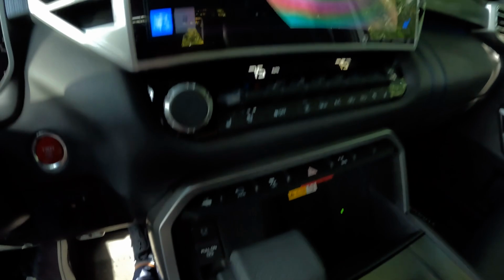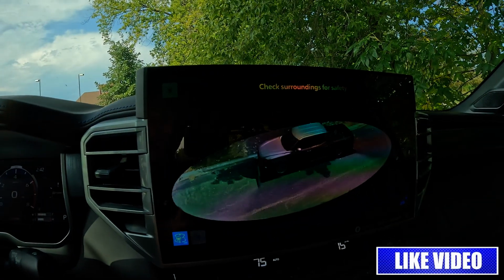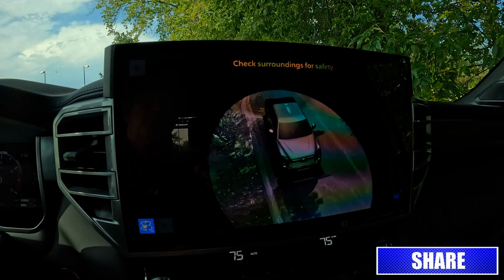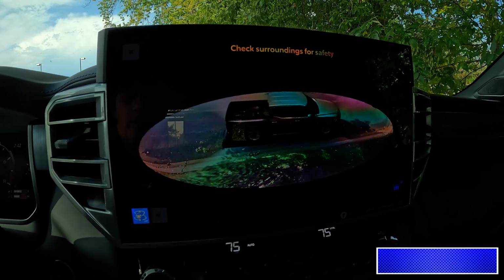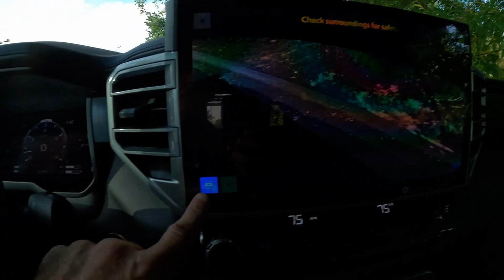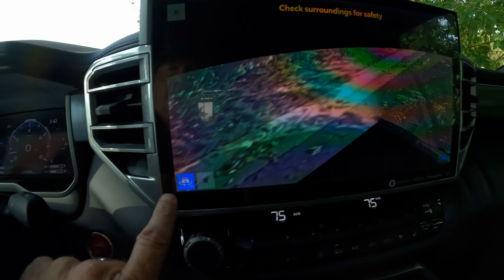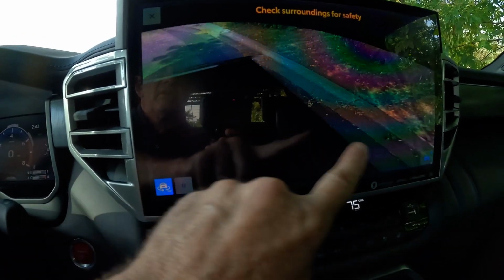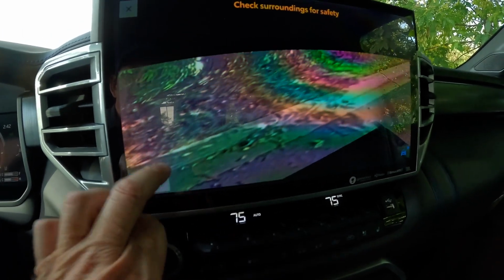When I tap on that, it does a 360 degree perimeter scan, so it uses all the cameras around the vehicle just to give you an overhead view of what's going on around the vehicle. Pretty cool. Probably not something I would practically use. This one here's a little bit better. It shows me right outside the vehicle instead of some virtual rendition of what's happening outside the vehicle. This is actually using the cameras, so I kind of like that a little bit better, but a nice feature